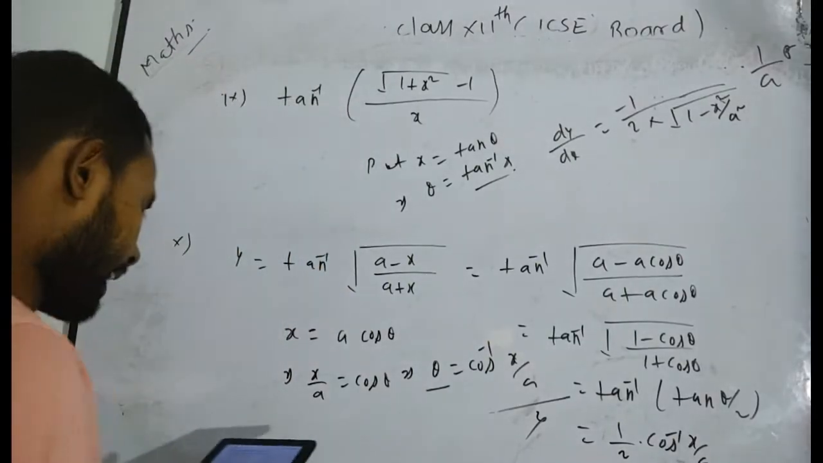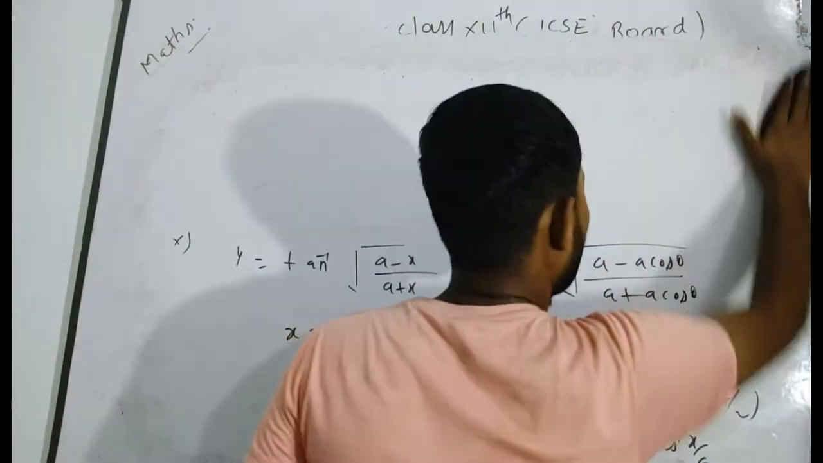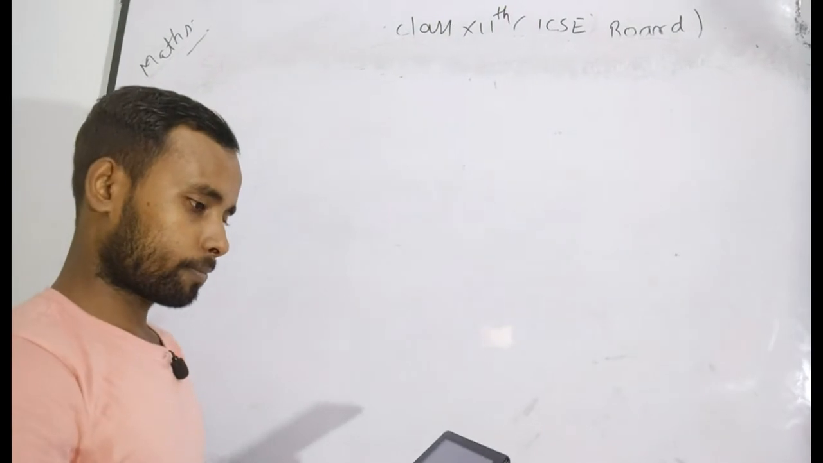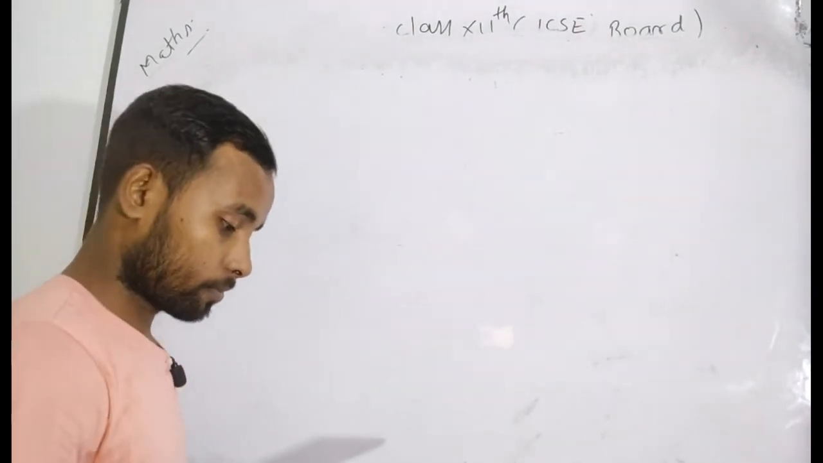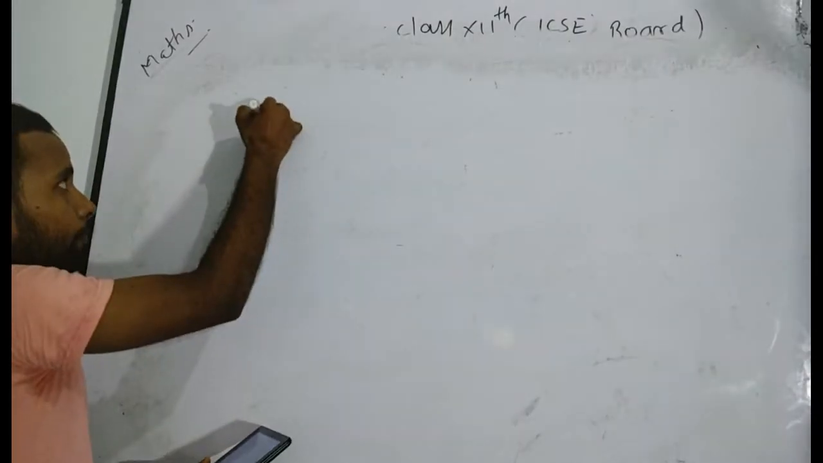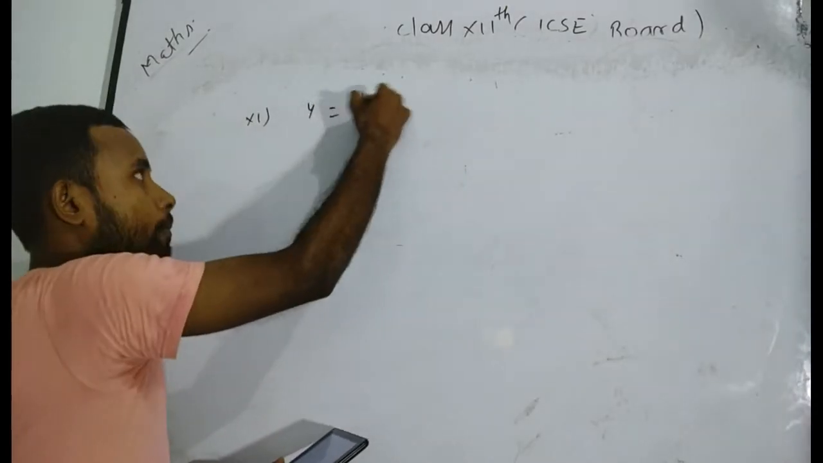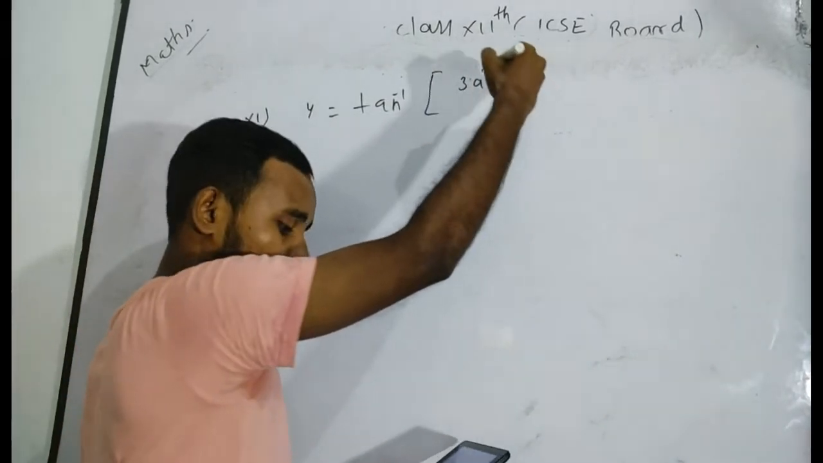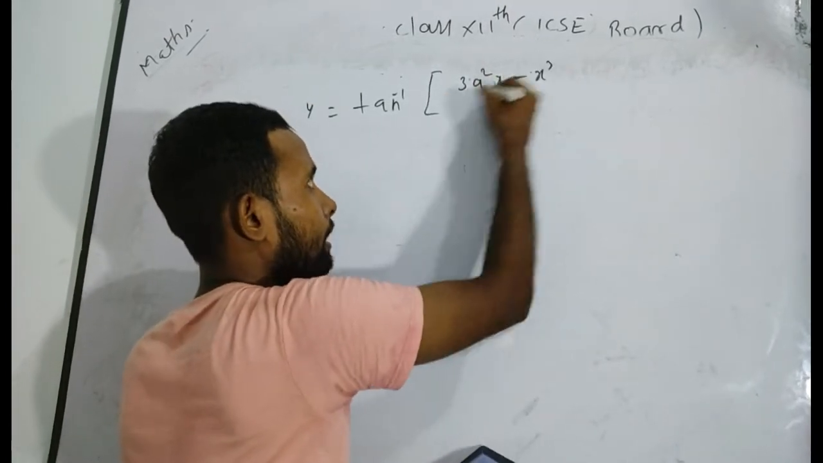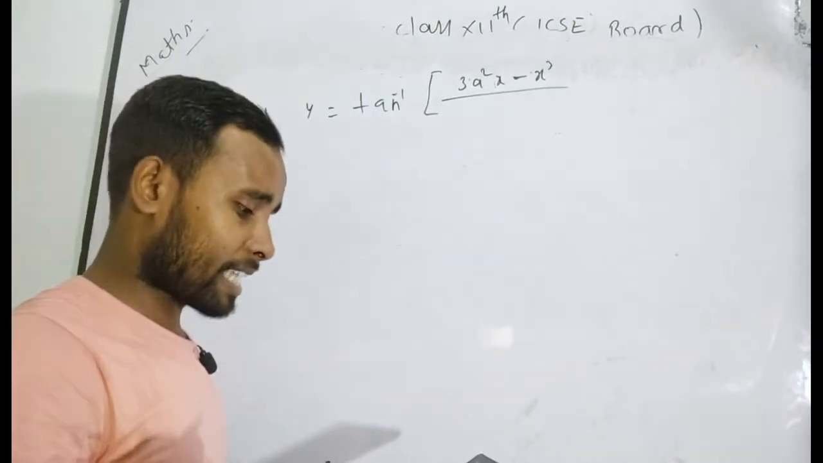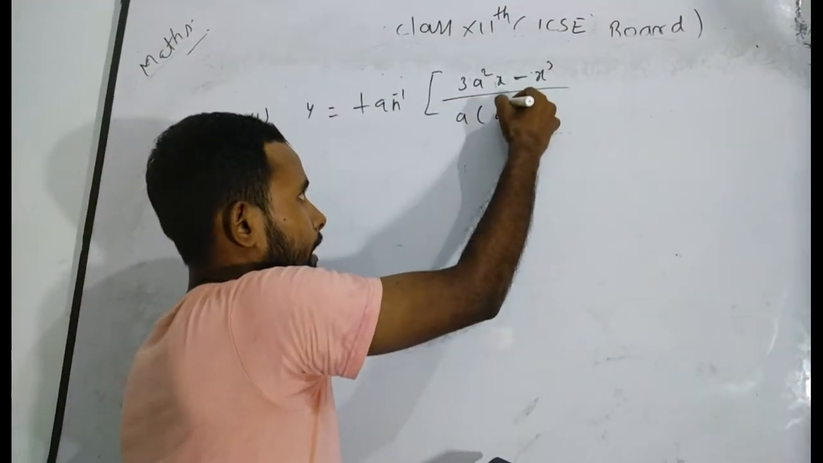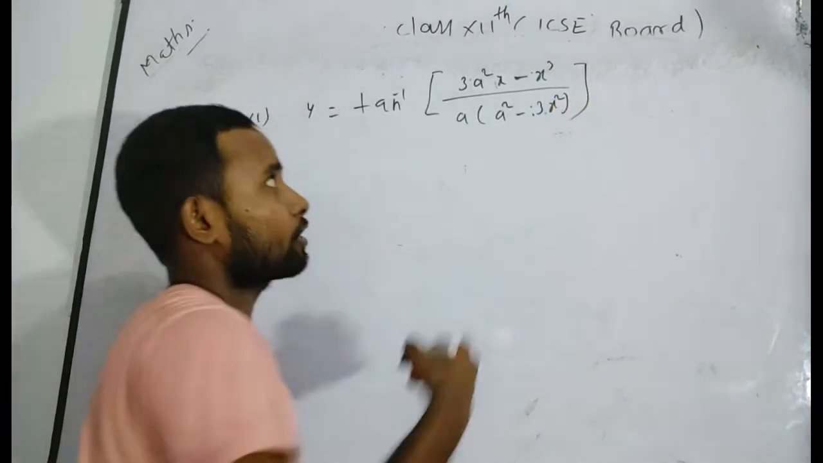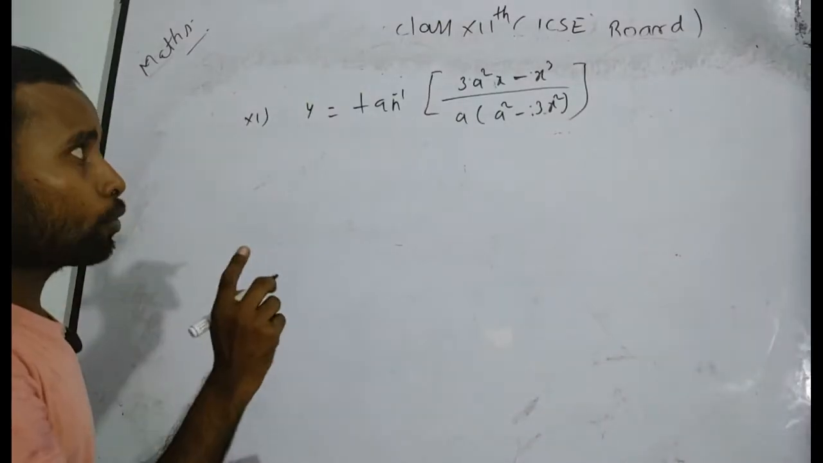Now see question 11. After 10th, see question 11 for you. There is given y is equal to tan inverse (3a square x minus x cube) divided by (a cube minus 3a x square). These all questions are very good. That's why I will suggest all questions you have to solve yourself. I think you understand. Now, firstly you have to do